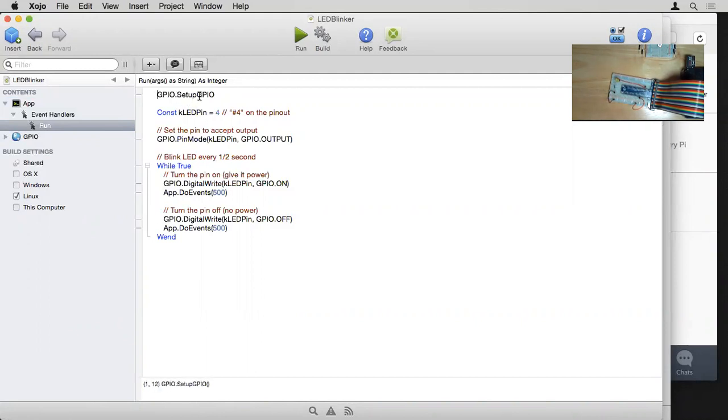So the first thing you do with Wiring Pi is you call the setup GPIO method. Here I set a constant to tell it that I want to use pin number 4. And I tell it that pin number 4 is going to be used for output. And then I have a simple while loop that turns the pin on by using the digital write method, waits about half a second, and then turns it off, waits half a second, and it keeps doing this over and over. And that's it. And that has the effect of making the LED blink. Not the world's most exciting project, but